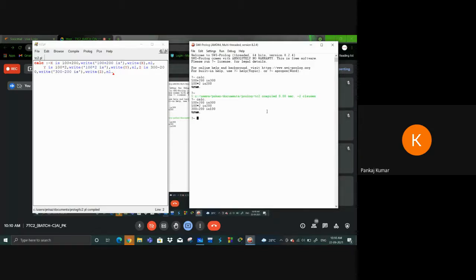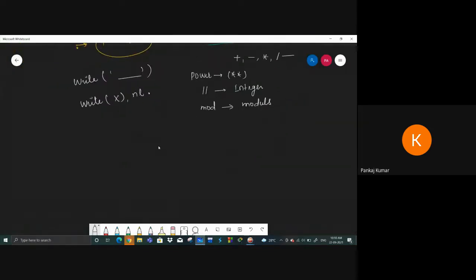Similarly, we have to write the loop also. So we can use a loop also. Inside the loop, we have to write count from starting 10, and we have to put the variable, and after that we have to write up to 10, and comma, nl and stop.